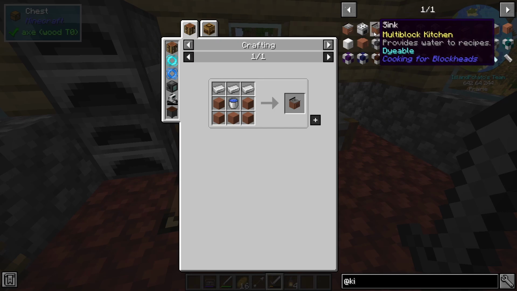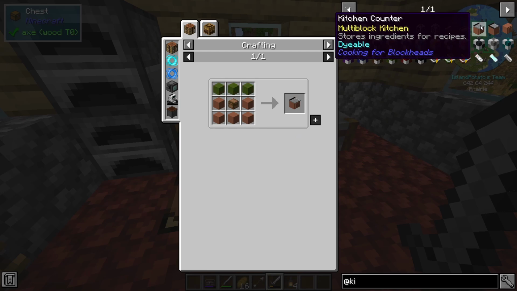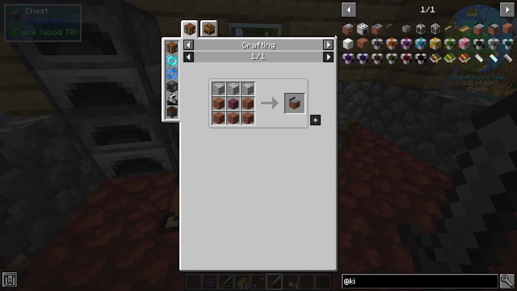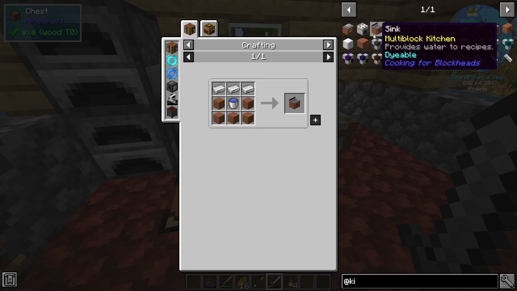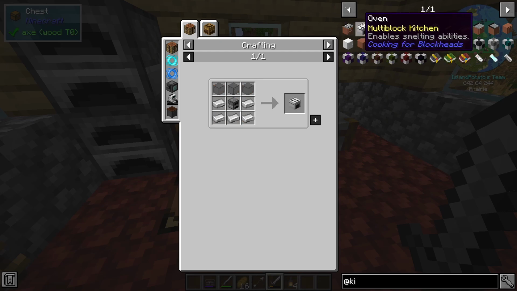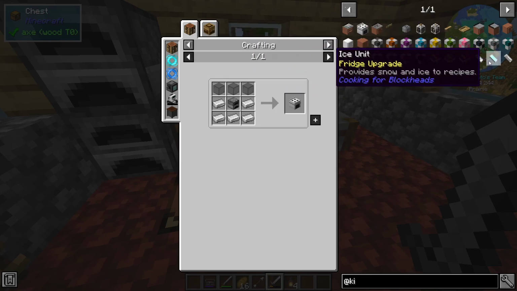So, it's got a sink, which is an infinite water source. It acts as a multi-block, so each counter connected together means that it shares the same inventory. You can then use this cooking table, which is quite expensive. I don't have diamonds yet, so I'm not going to be able to get that far. But you can make a cooking table, which enables you to craft any food in its inventory, and it also acts together as a multi-block with the oven, so you can cook stuff in it. And you can get upgrades for this to accept